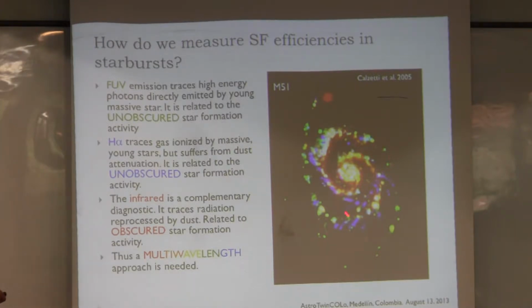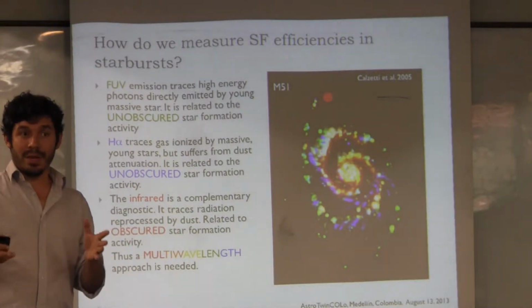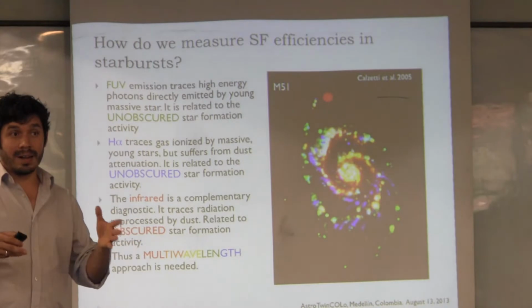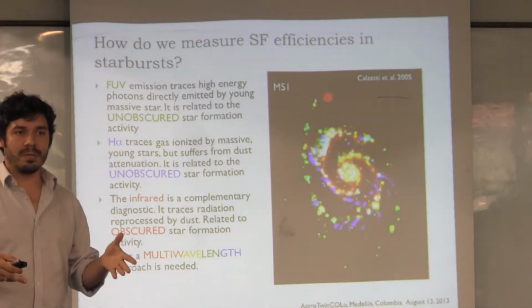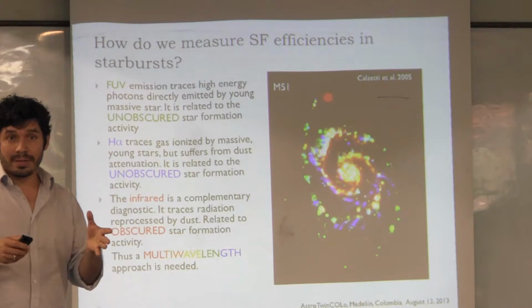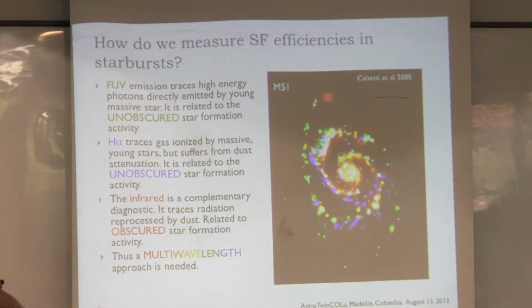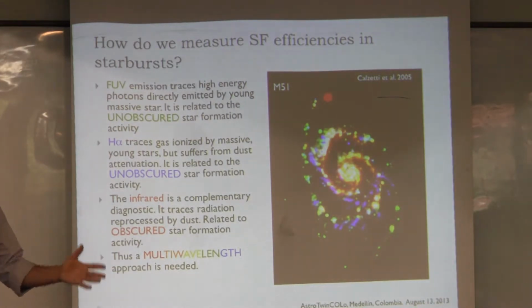This is an example. This is a normal star-forming galaxy, not necessarily a starburst, M51, in a paper by Daniel Halsey, where you see the galaxy as it looks in different wavelengths. So we can trace the star formation by looking at those ultraviolet photons that are produced by very massive young stars. Those young stars that are very massive are mostly responsible for the emission in these systems, and they live short lives. So if you're looking at those short-lived stars, you're also looking at the recent star formation, and hence you're measuring the very recent star formation.